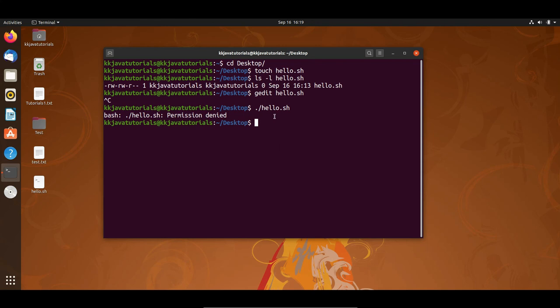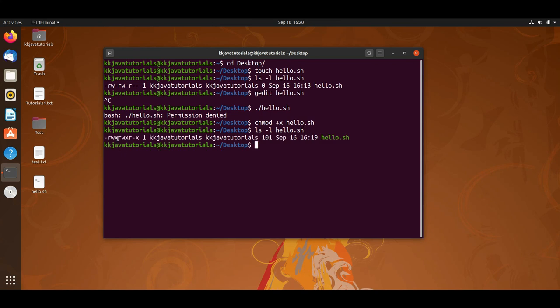So what I'll do, I'll provide the execute permission to this file, and we can provide the execute permission using chmod, or change mode. Already we have seen it in a past video tutorial. Now here I'm going to write plus x, and then the file name, hello.sh. When I say plus x, that means execute permission is going to be added for owner or user, group, as well as world, all these three, right? If I press enter, and look into the details, then here you can see execute permission is added for the user, group, as well as other users. Now we can run this script.